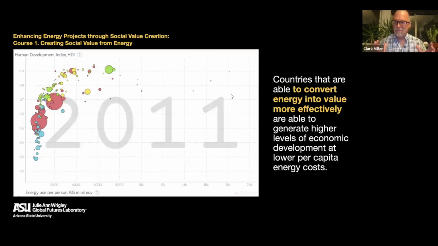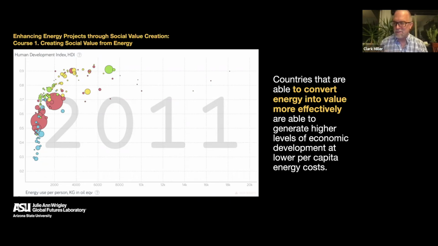One of the most interesting and often referred to diagrams is the relationship between human development on the vertical axis of this graph and energy use per capita on the x-axis, or horizontal axis. We often see this very conventional curve, which is very steep at the beginning, in which as you slowly increase the amount of energy used per capita, you get fairly rapid increases in our notions of human development.